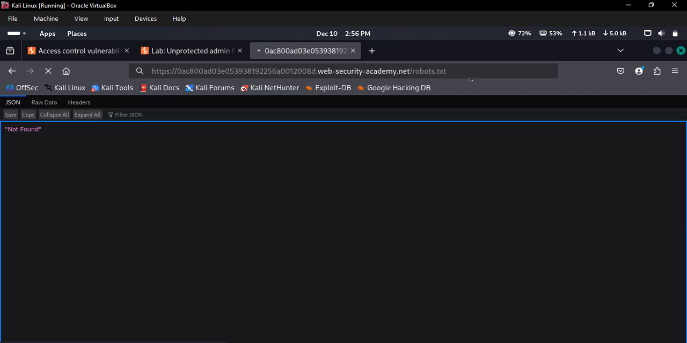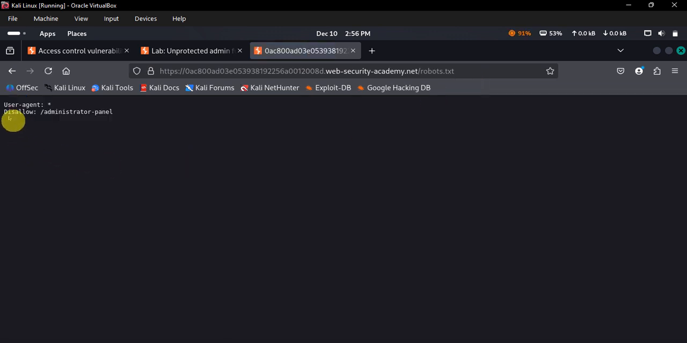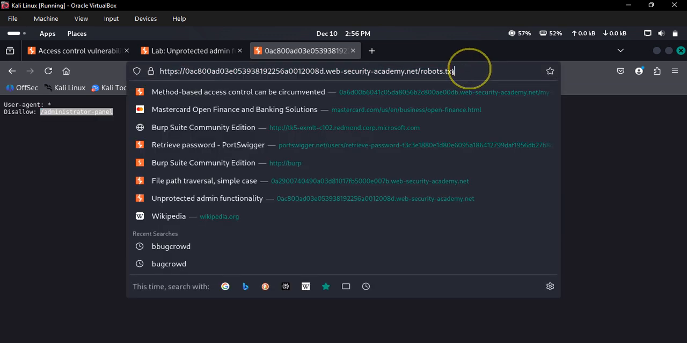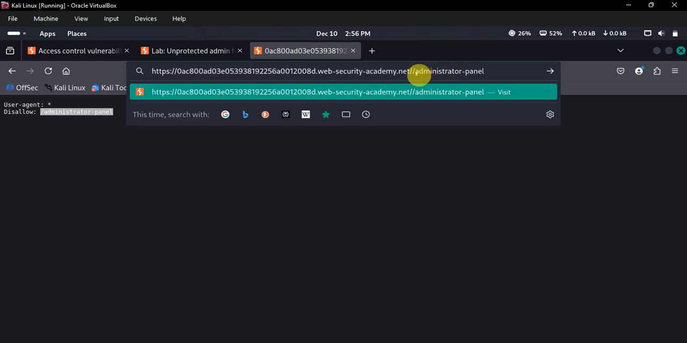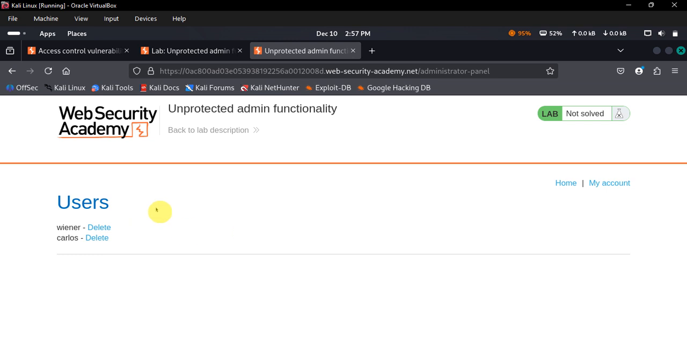Now we click the robots.txt. It lists out what I am allowed to see and what I am disallowed to see. Now it's telling me that I'm disallowed to see this administrator panel, but then I just tried it out anyways. Like, okay, let me just try it out. I'm disallowed to see it. So usually if I type it like this, it should tell me unauthorized, that I should not be able to access this thing. But then when I click on it,